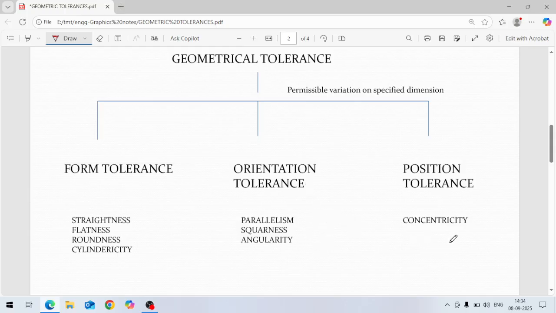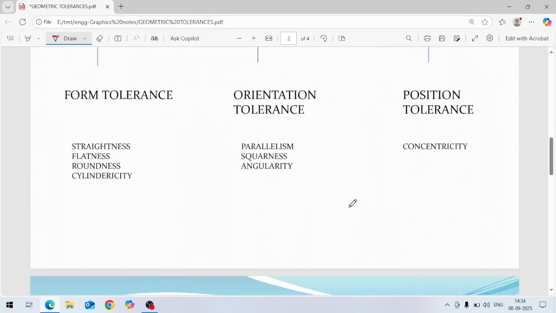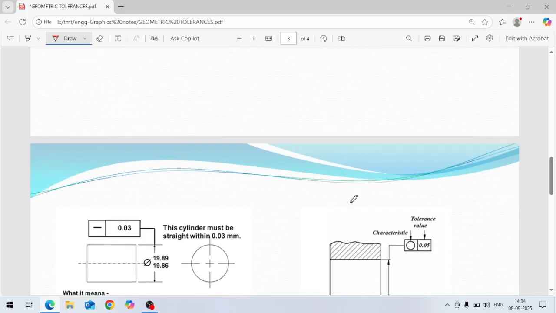And the third is position tolerance, concentricity. Position means the position in the x axis, y axis, the ordinate of the object. So that depends on the concentricity. We will discuss in detail all these things. Okay. Now, if you see here,